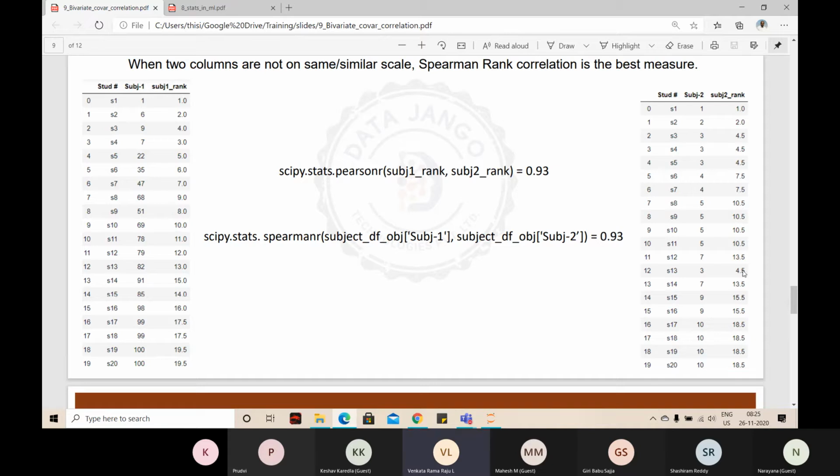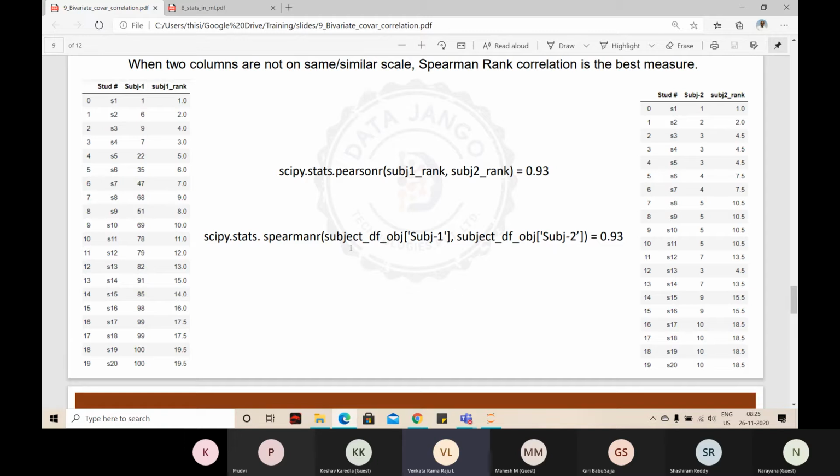Right? Both columns came to the same scale. Now you calculate the correlation coefficient, using the same formula, but on the rank. That will give you a more appropriate relationship, because in terms of maximum value, where this number stands and where this number stands is clear, when you calculate rank or normalize the data and then calculate the correlation coefficient.